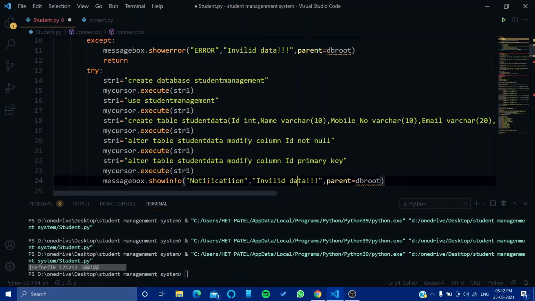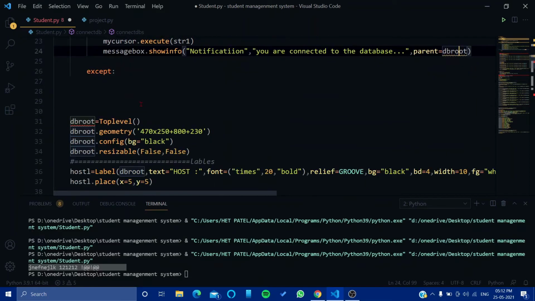We will say you are connected to the database. Okay, just some design, and we will say parent is equal to db root.